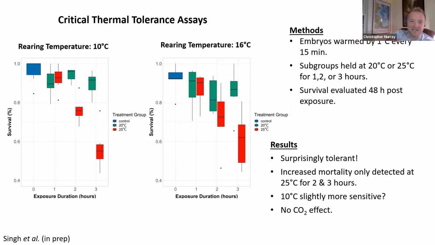We didn't see any significant decline in embryo survival, as measured 2 days after the initial exposures, at any of the 20-degree exposures. So despite being held at 20 degrees for 3 hours, most of these embryos were still alive as compared to the control group 2 days later. Well, we did start to see some mortalities at 25C, particularly at 3 hours. So once you start holding these eggs at 25 degrees, they're no longer viable. I saw a lot of gross embryonic malformations and a lot of embryos being arrested in development immediately during the assay. So they succumbed to the heat stress during the assay itself.